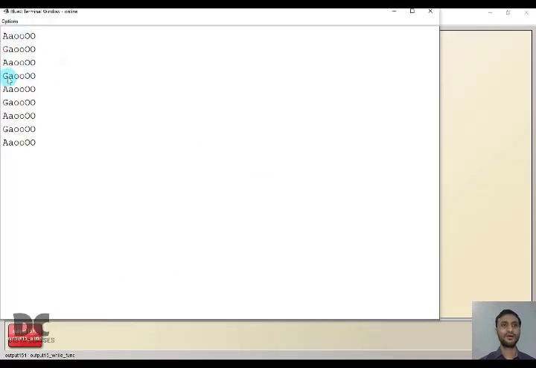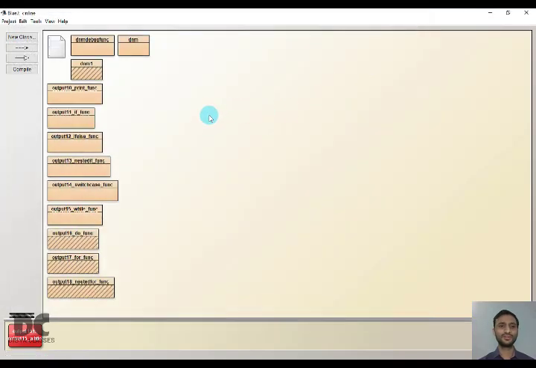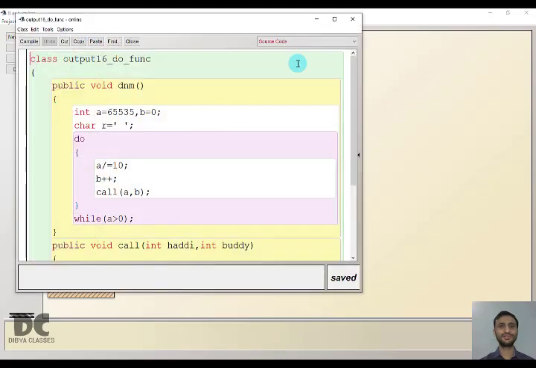See ow go, ow go, ow go. Understood? This was because of 0, this was because of 1, then 2, then 3, then 4, then 5, then 6, then 7, then 8. In 9, the loop will become false and the program will stop. Okay, understood? So now let us solve the next question.